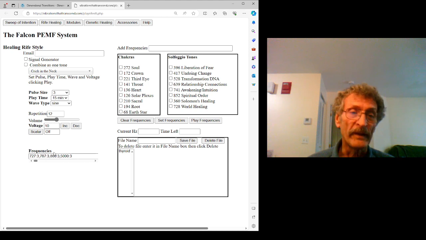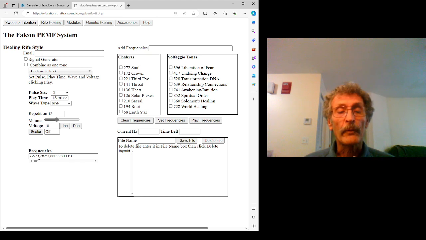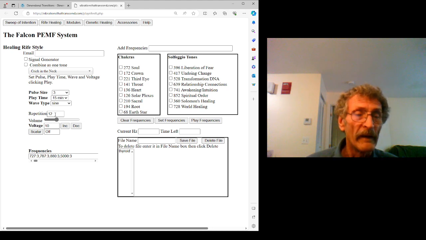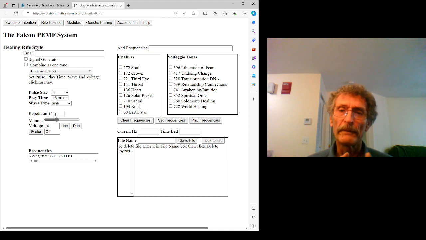The colon and 3 represent 3 seconds for each one of those frequencies. And up here where it says 12, that means it's going to repeat those 4 frequencies 12 times, and that will bring it to somewhere around 15 minutes. For some reason that seems a little bit off, but we're going to go with that for right now.